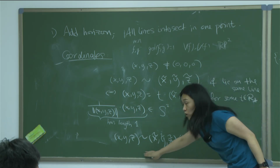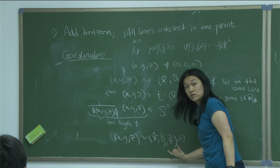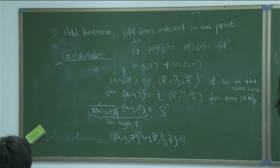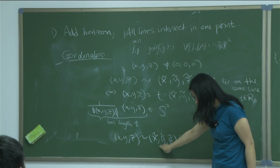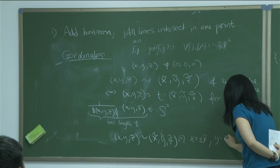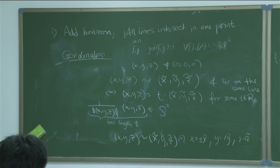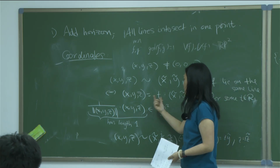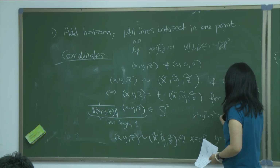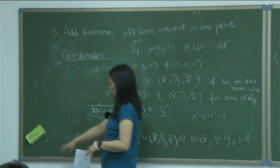If both points are in S2, and I ask when there exists a T such that these two are the same, it actually doesn't matter because both are non-zero, so it must be non-zero. Then the only solution is either x is plus minus x tilde, y equals plus minus y tilde, and z equals plus minus z tilde, right? Otherwise, it cannot be both in S2, because the set is given by x squared plus y squared plus z squared equals 1, and for x tilde as well. Okay? So now, this means